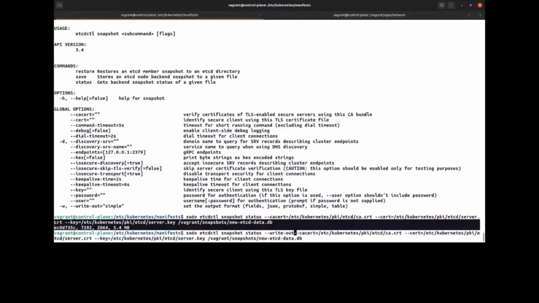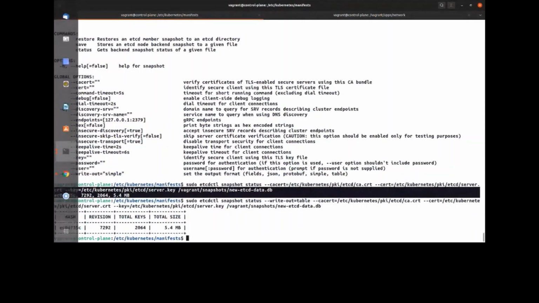Do write out and use table format. Now, okay, so basically I have a snapshot with this hash, with this revision. It has a number of keys inside it, 2064, and it's only using 5.4 megabytes of space. Okay, so this is how I do restore, save, and check the status of my backup.